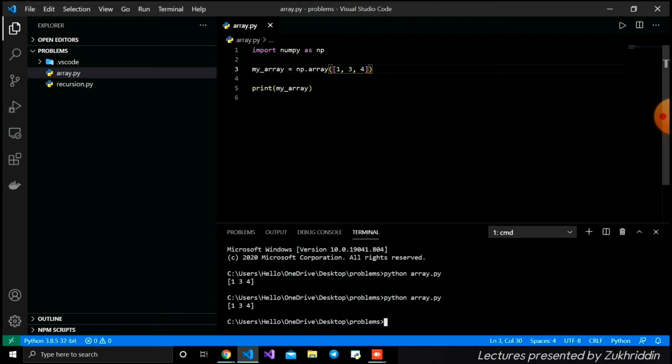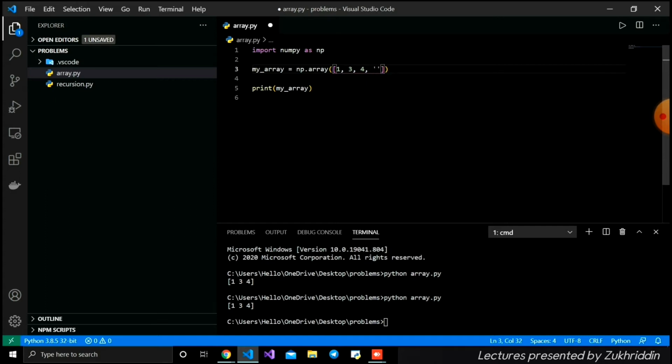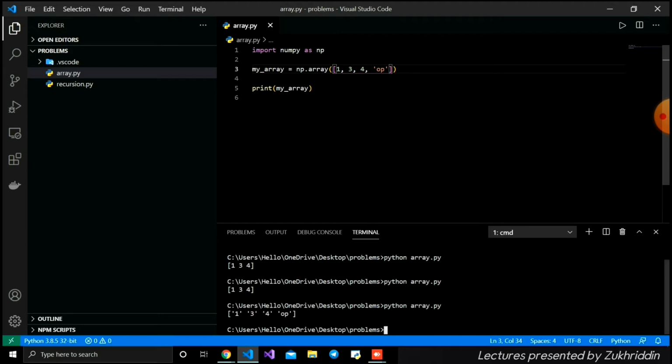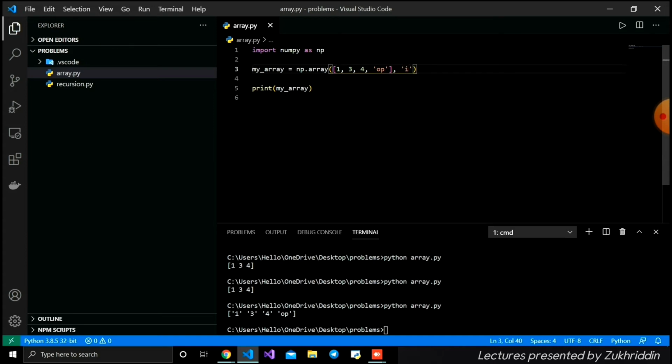But there is a big but. If I add some string, okay, for example op, in this case in our array we cannot store the different type of data. But in this case Python will not return an error. Instead the numbers are converted to strings. Look here, and you see the 1 is converted to a string, and 3 also, and the others are converted. But if I write after that inside a quote integer, in this case Python returns